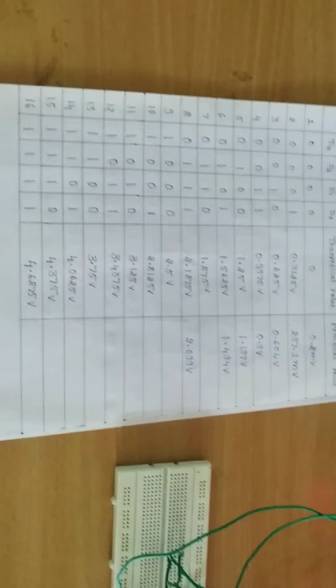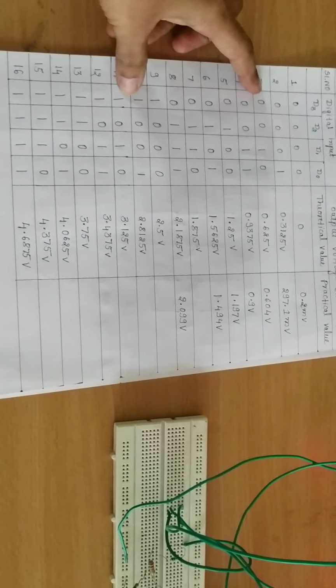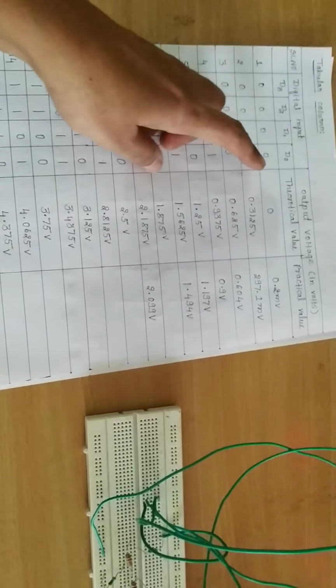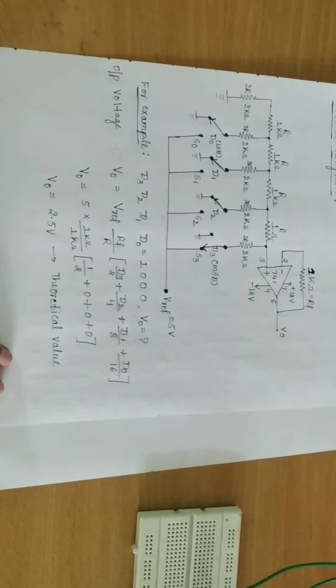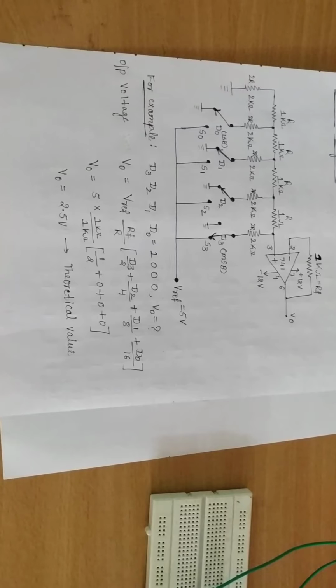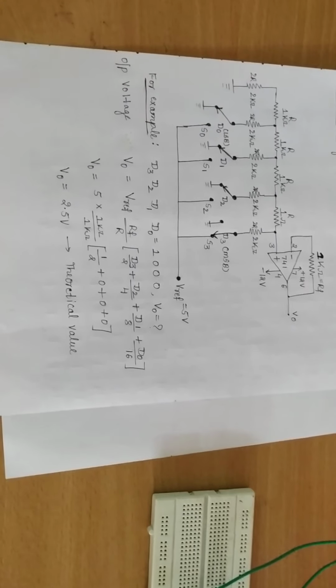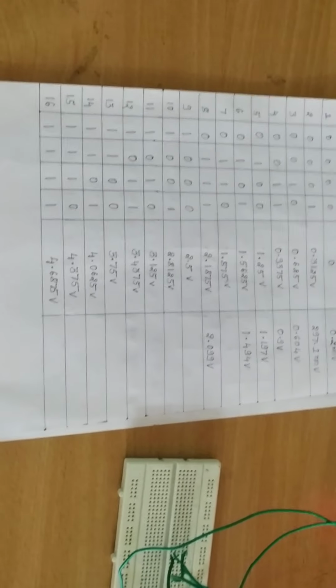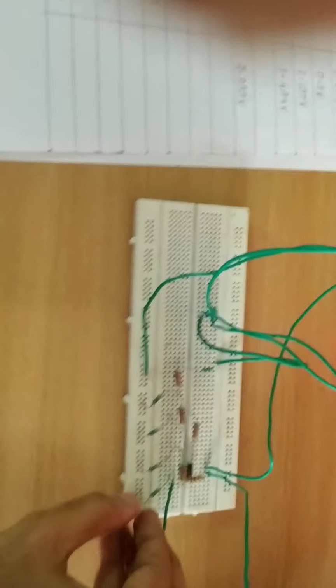Okay, similarly you have to verify all the input connections, and first you have to calculate the theoretical values using the formula I have shown. Okay, V naught is equal to V reference. Using this formula, for all different combinations of the input, you need to measure the output voltage. Okay, now I have shown it for one input, that is keeping all the inputs as ones. Suppose we keep all the inputs as zeros,